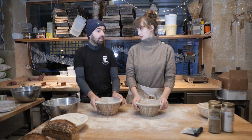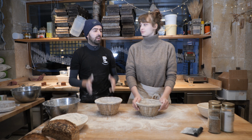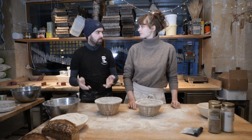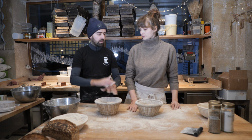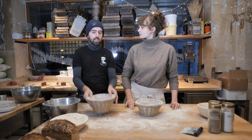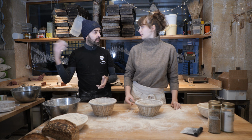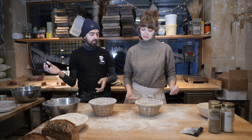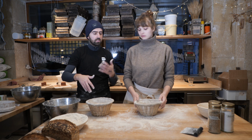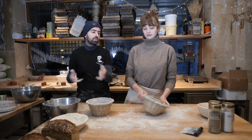I mean, there are two options. Either you want to make a direct process, so we do everything the same day, or we do the overnight process. So we do the first fermentation at room temperature, then we put it overnight, and so tomorrow morning the bread is ready to put in the oven. That depends on how long you stay at home. If you want to do this process in the evening and then have your bread ready for your breakfast,